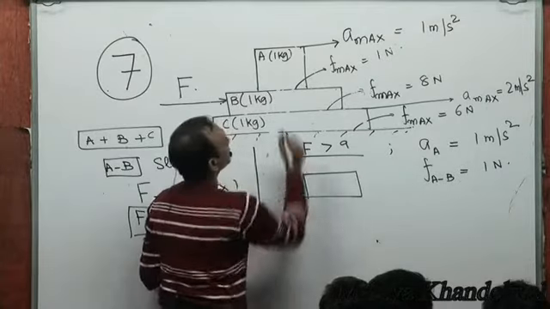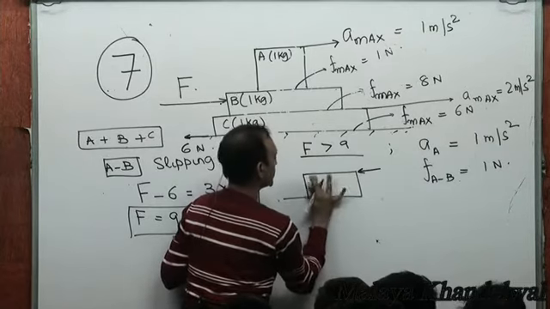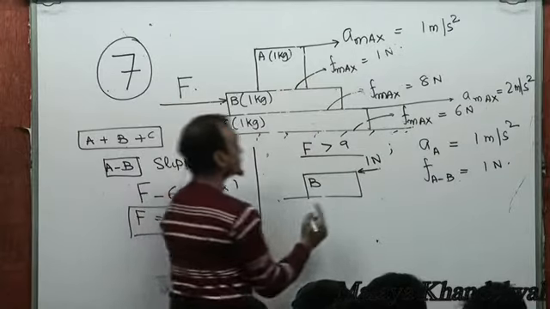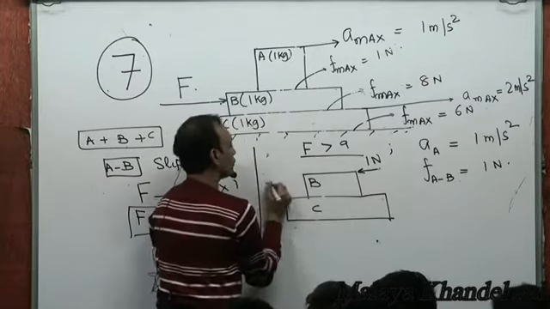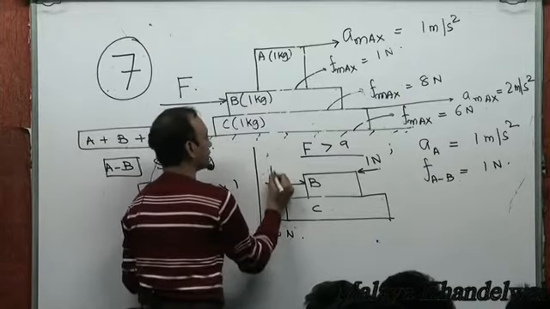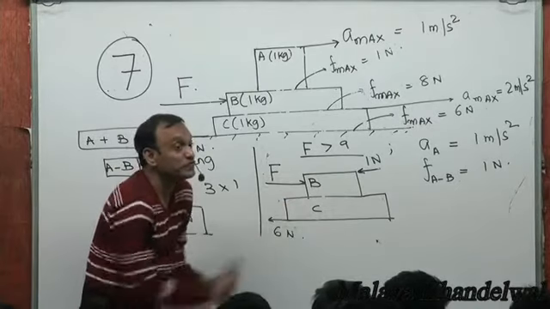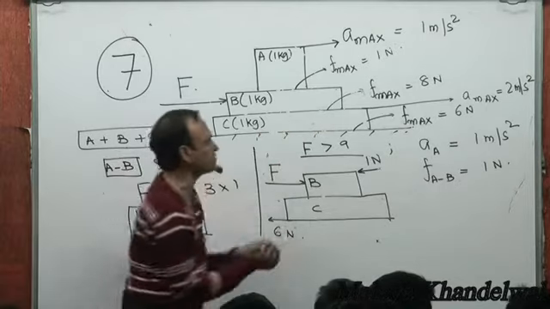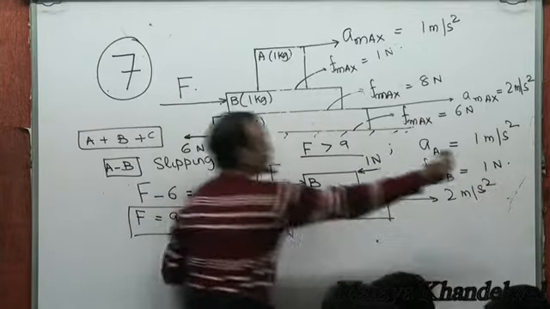So for F greater than 9, A will exert on B a leftward frictional force. A will exert on B a leftward frictional force of 1 newton, right? And I analyze B and C together. This is 6 newtons frictional force that the ground exerts on C and capital F applied on B, right? They will move together, not forever. They would move together until that point of time where C gets its maximum acceleration of 2 meters per second squared. So they would move together up to this state, up to a common acceleration of 2 meters per second